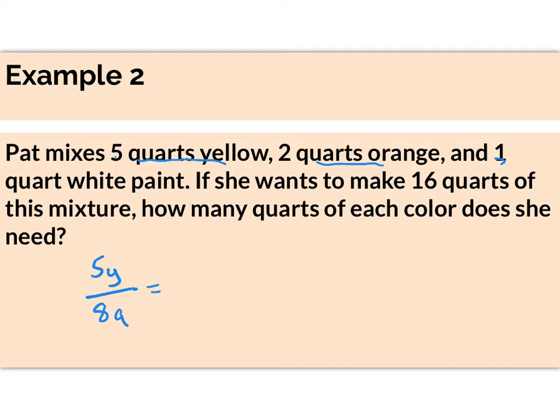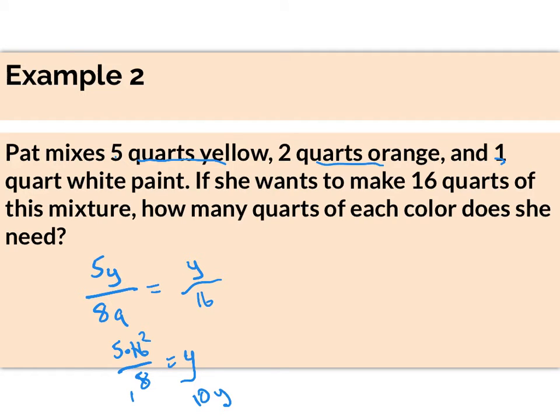So now, on the other side, we're going to need yellow and total quarts of paint. So we have 16. And we're going to solve this equation, which will give us yellow. So you'll see 5 times 16 over 8 gives us y. And now before we multiply, we can reduce. We can take 8 and a 16, divide by 8 once, 16 divided by 8 is 2. And so we have 10 quarts of yellow paint